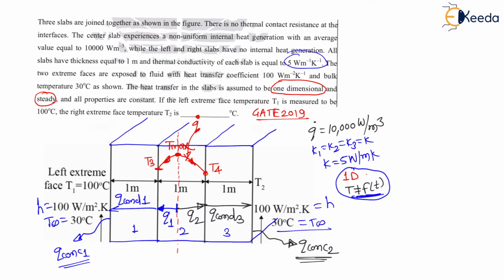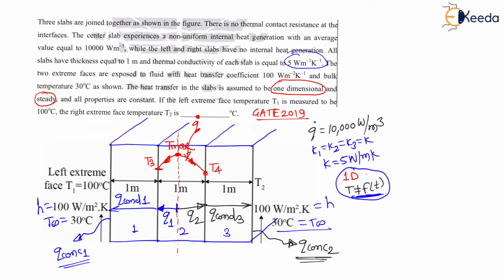So my dear students, here we have analyzed the direction of heat flow. The direction of heat flow is the x direction, but the heat flows from the maximum temperature to both sides, towards the left and towards the right. Here my assumption is that Q1 amount of heat is going toward the left side, and Q2 amount of heat toward the right. And for steady state condition, whatever heat is generated inside the center slab must be equal to the heat lost to the surrounding.